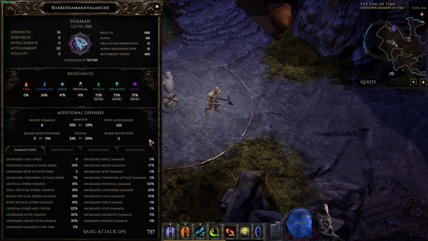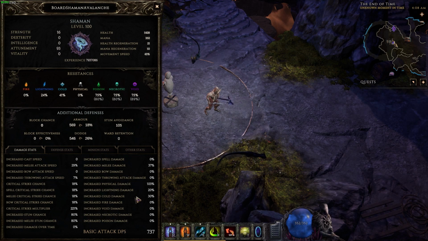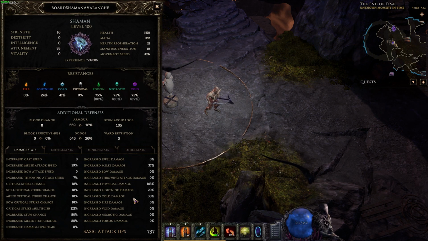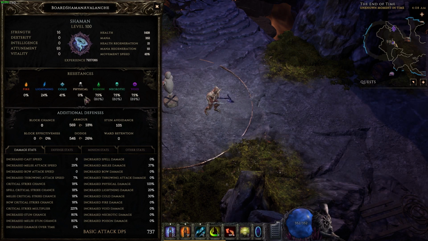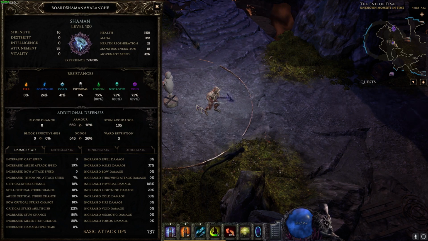Alright, for the character sheet, as you can see, we're sitting at about 18% armor, 26% dodge. We don't have very many percentages in our damages. However, all of that increases as we start to get totems. On top of that, we are capped on void, necrotic, and poison. As you'll see, we're very low on elemental and physical, but as we can do here, let's go ahead and